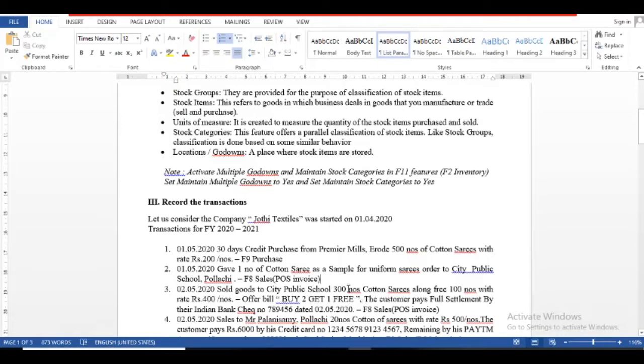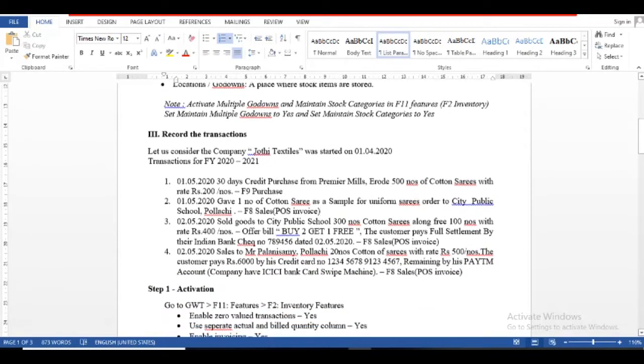So yes, City Public purchased 300 numbers of sarees from us, of which 100 numbers are free. The offer is buy 200, get 100 free. So buy two get one free. The customer pays the full settlement by Indian Bank cheque number 789456 dated 2/5/2020. This is also F8 sales, and we also enter the same POS voucher.